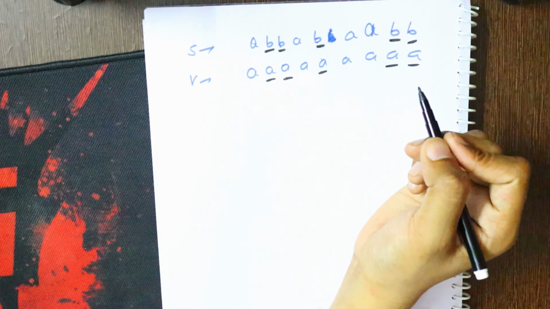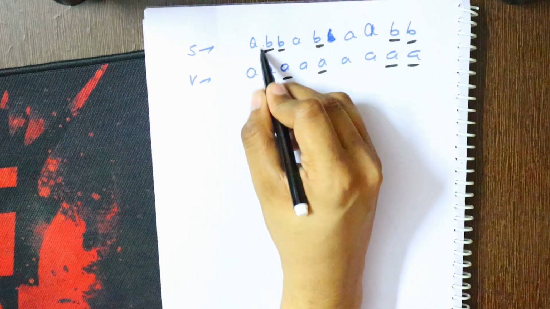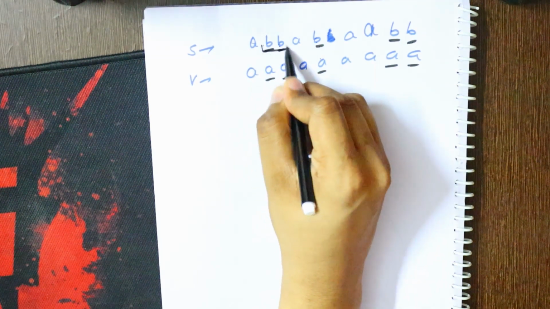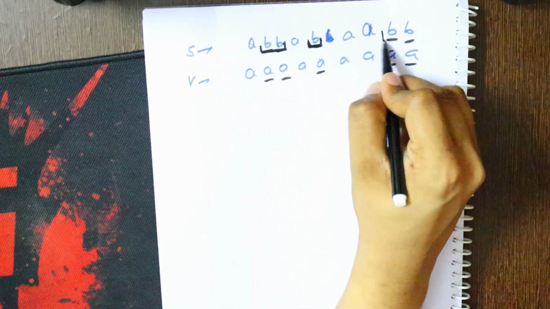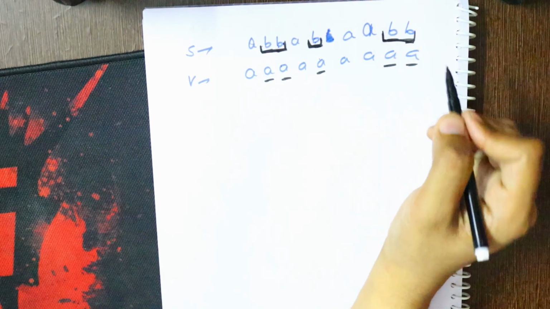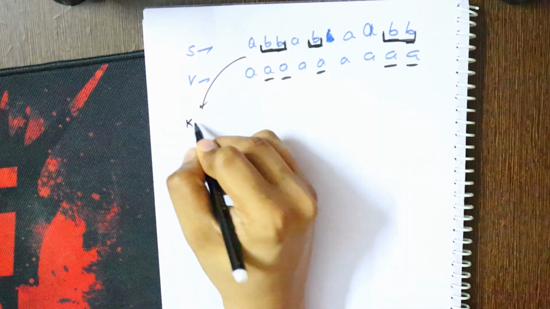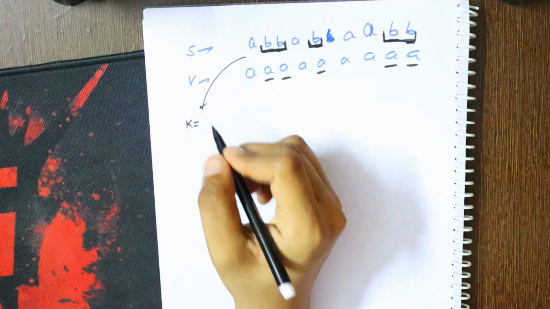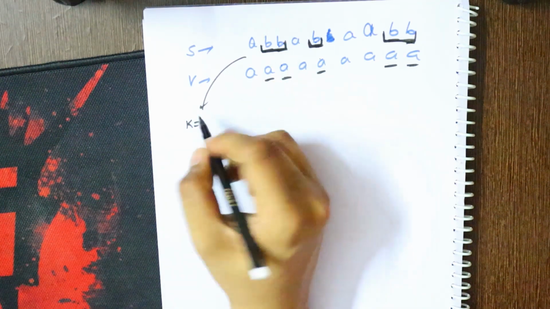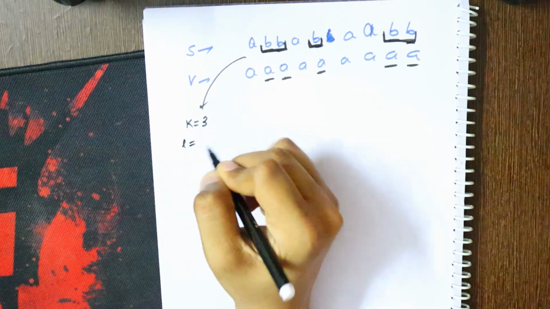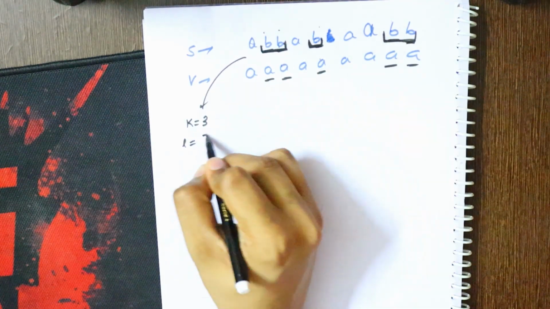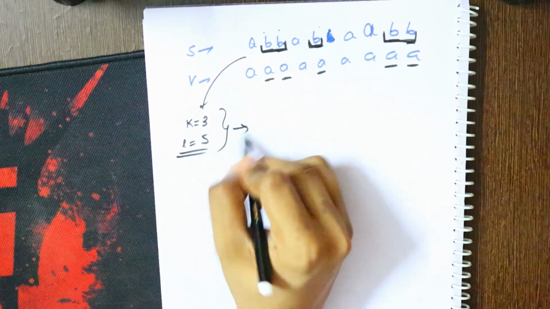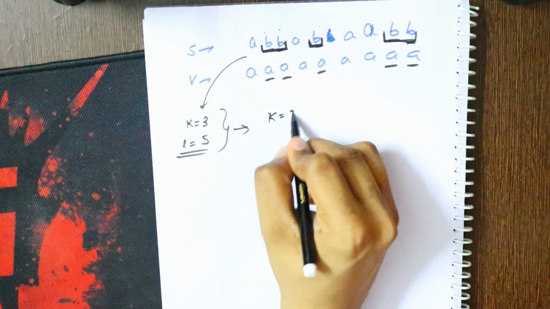But actually if these are not the same, we can have one swap for this, one for this, and one for this. So basically, as you can see here, the starting intuition is that the value we can have for k is 3, and L is the number of elements which are not the same. Actually it is 1, 2, 3, 4 and 5.